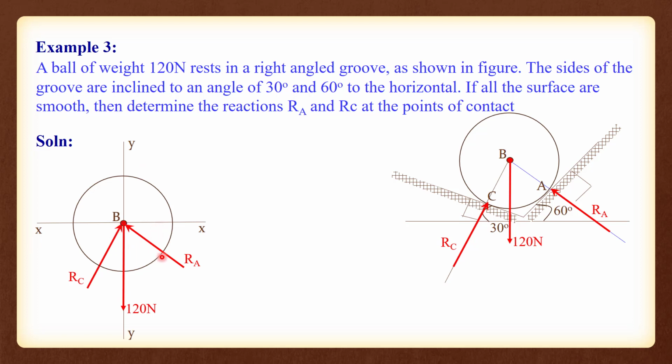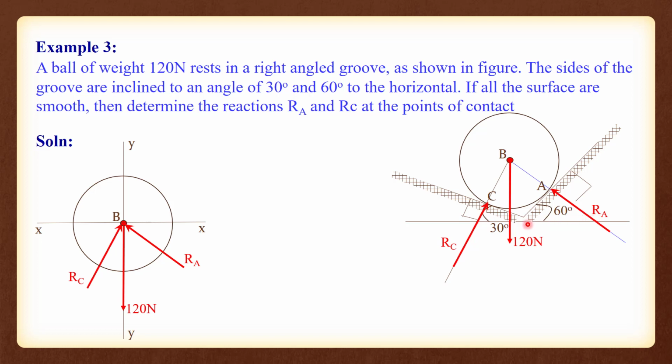Now here you can see that two forces are inclined and one force is vertical. In the method of resolution, we need to resolve all the forces along the x and y direction, right? If you want to resolve these two forces, you need to know the angle made by the forces with the x-axis or with respect to the y-axis. In order to find the angles, first I will consider this right angle triangle. This angle is 60, and we know this angle is 90 degrees. So what will be this angle? This angle will be 30 degrees.